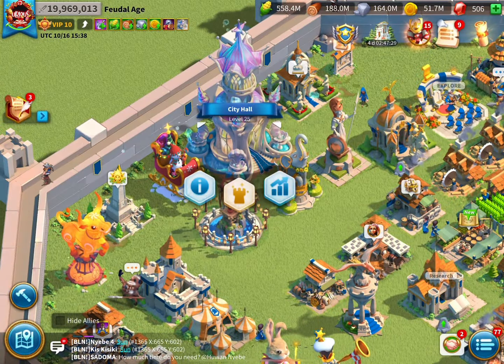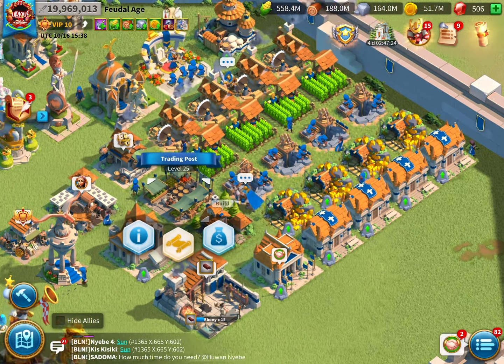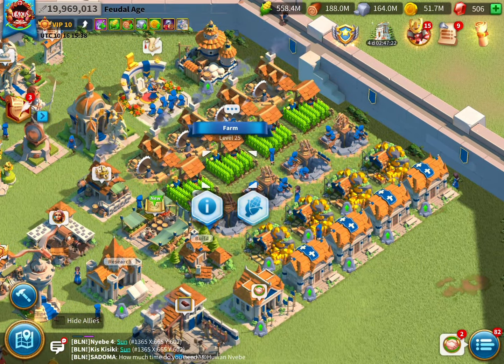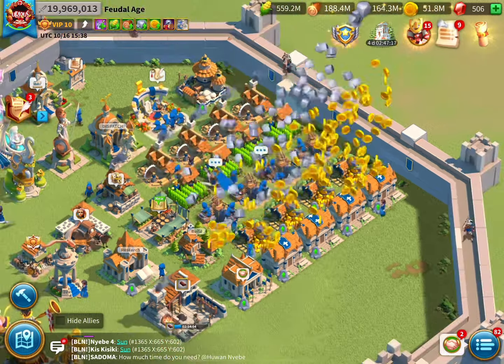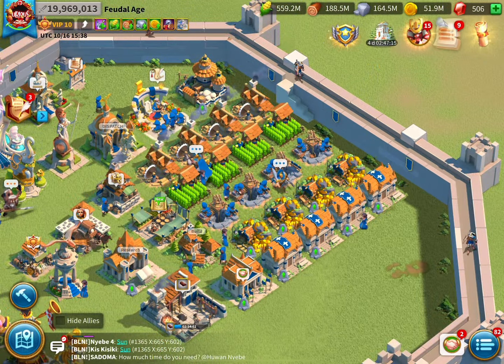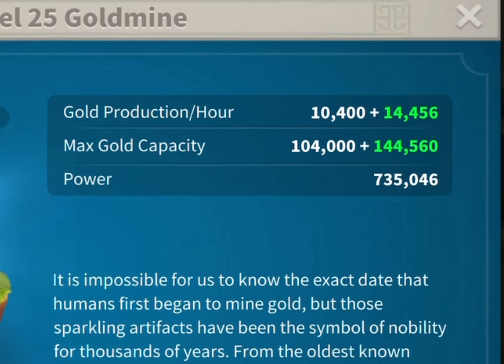All of my farms are at City Hall level 25, with trading post and food, wood, stone production buildings also being at level 25 for maximum efficiency. My gold mines, however, are around level 16 or 17 because frankly, they consume too much resources to be upgraded to level 25. And also gold mines give me a huge amount of unnecessary power, which I do not want